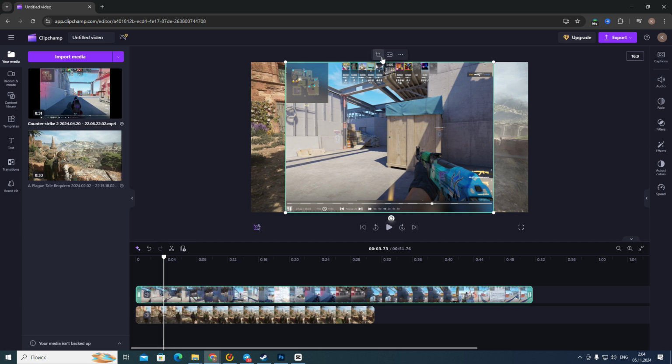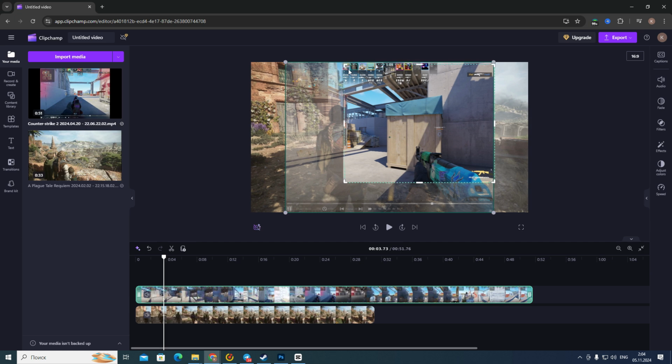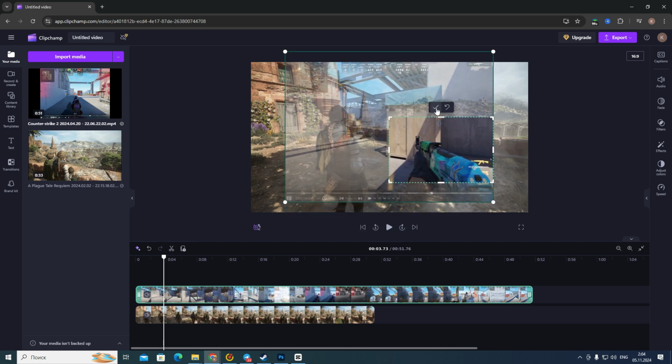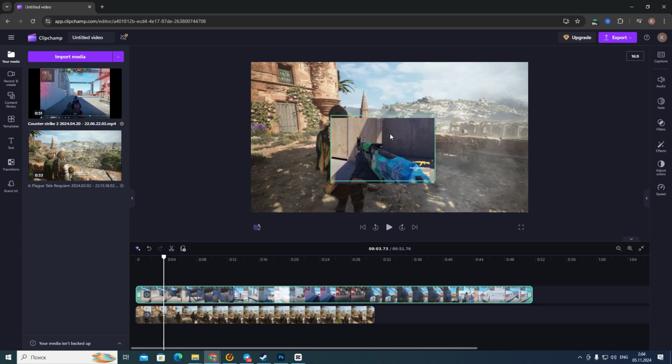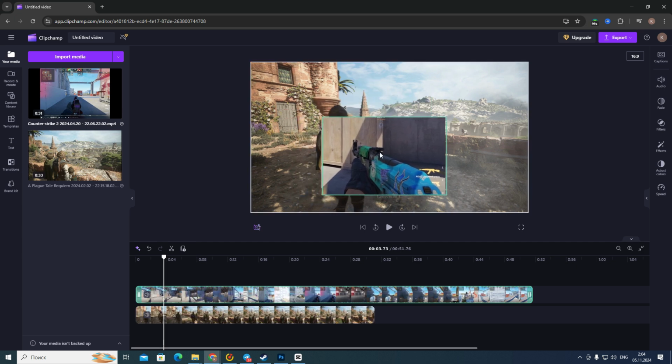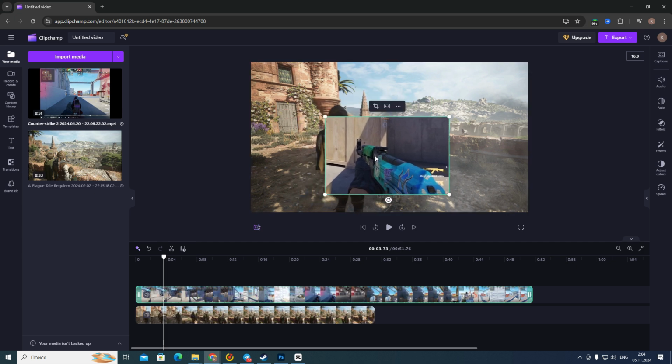delete background is to click on this button crop, and then you can press and hold on the corners and then move it like that. So, and after that you need to click on this check button, and after that you can resize this video or move it as you want to. So, and that's all, and that's how to remove